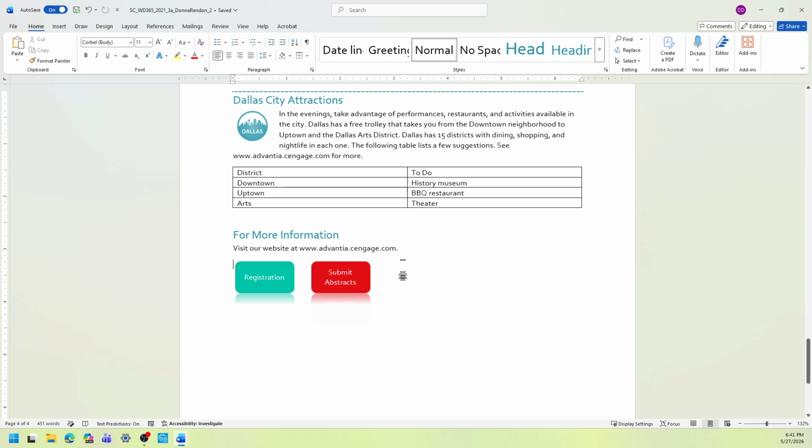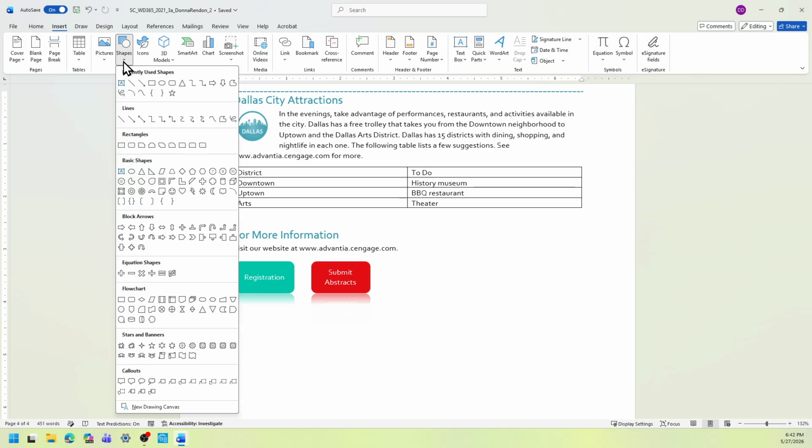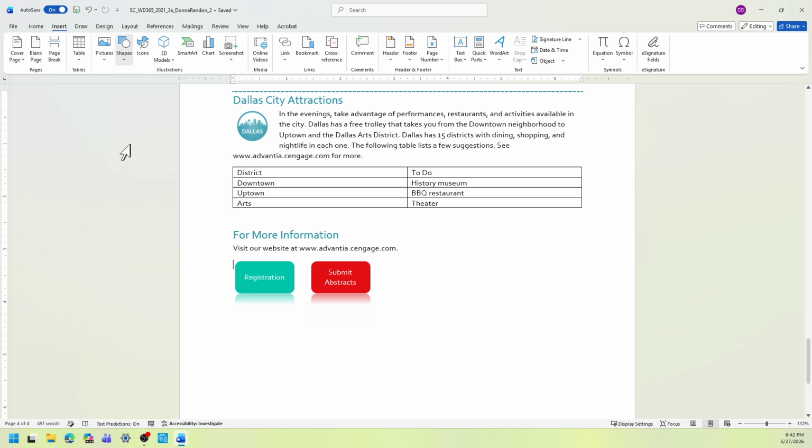Okay, so to the right of the abstract. So to do that, you select the Insert tab or menu, go to the illustrations, shapes drop down menu, and look for the rectangle rounded corner. So under the rectangle section, you're going to look for the rectangle rounded corners, which is this here.